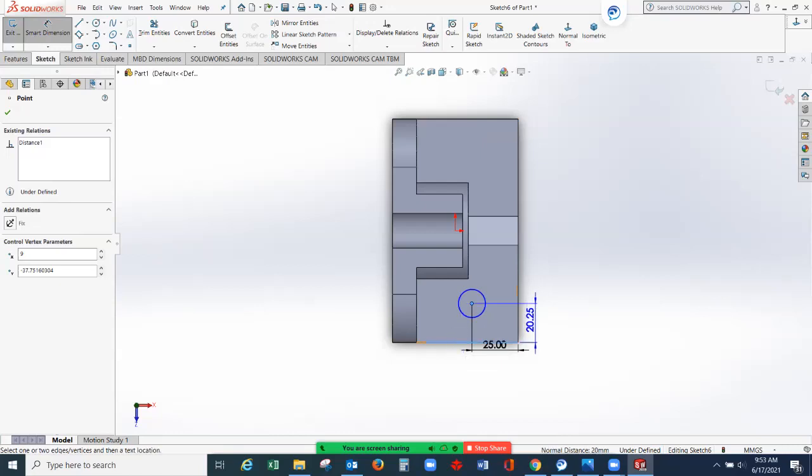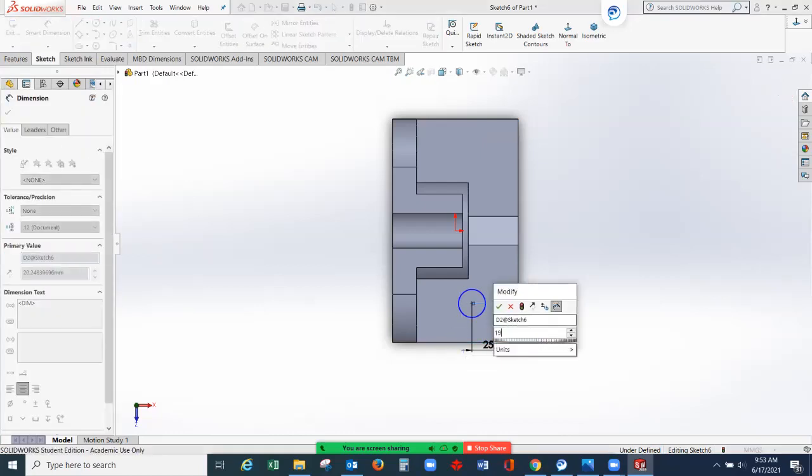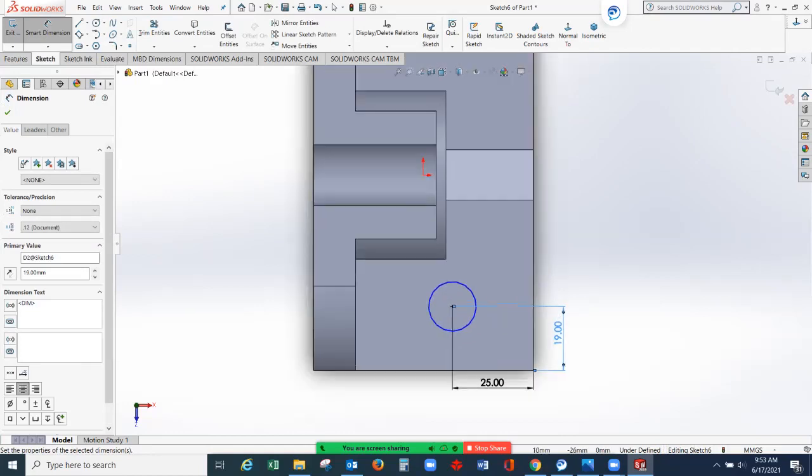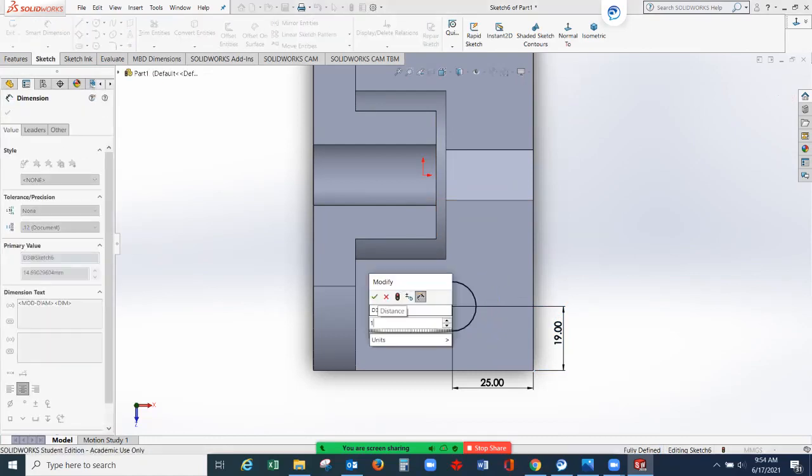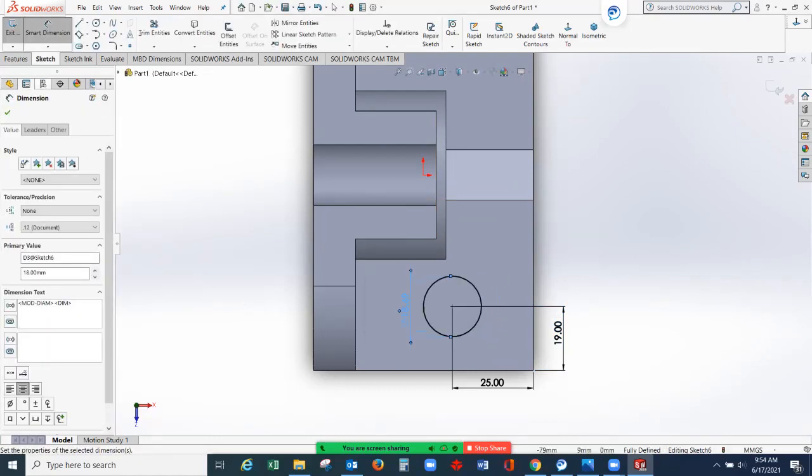You can just select this bottom line, so 19. And we can set the diameter as 18. So we can apply an 18 millimeters diameter here. Select this green check mark.